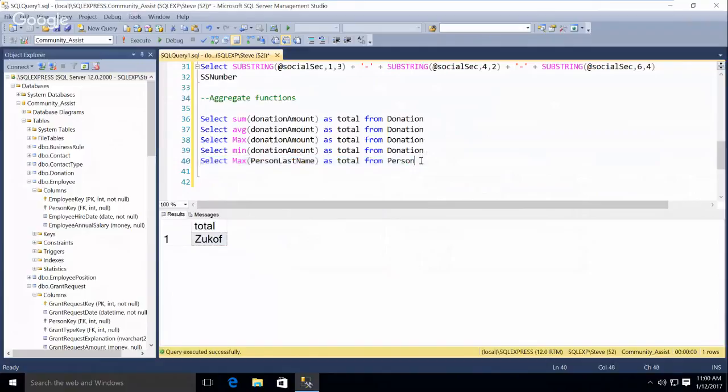And I'm pretty sure they work on date too. So if you wanted to know, the max date would be the most current date, right? And the min date would be the oldest date. And then partially on dates it works because they're just integers underneath. But so are codes. But when it comes to it, they're all numbers, yes.